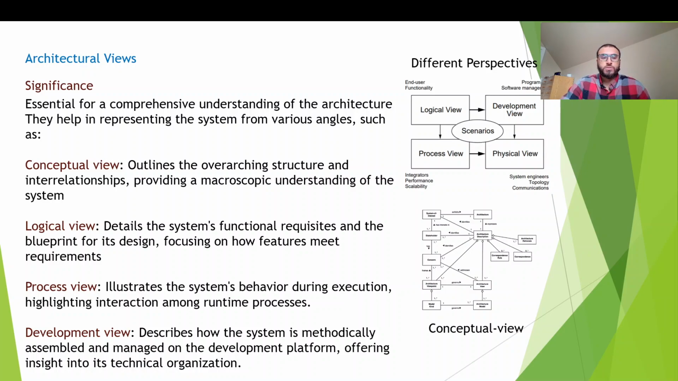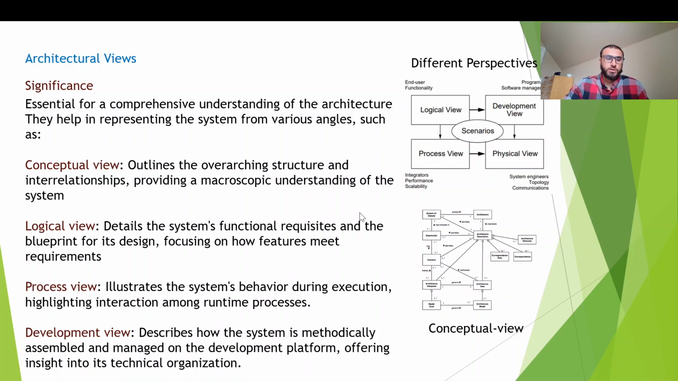So it just shows how each component relates to each other, how they keep communication and whatnot. The next view you can look at is the logical view, and this is one step down and looks at the system's functional requirements and the blueprint for its design. On a simple understanding, it's just one step lower from the conceptual view to understand the processes a little bit more in depth. And then the process view illustrates the system's behavior during execution and runtime, and this will show you how it's like a real test of how the system works,